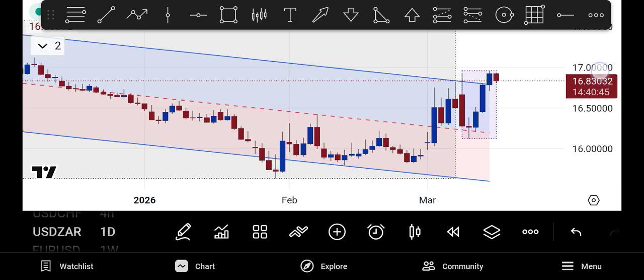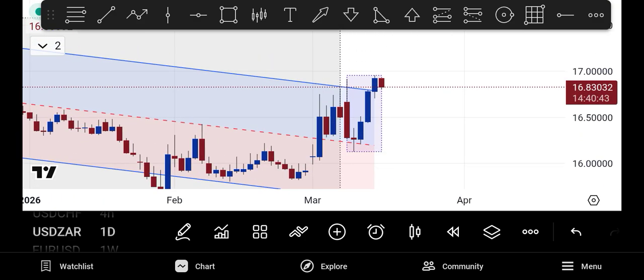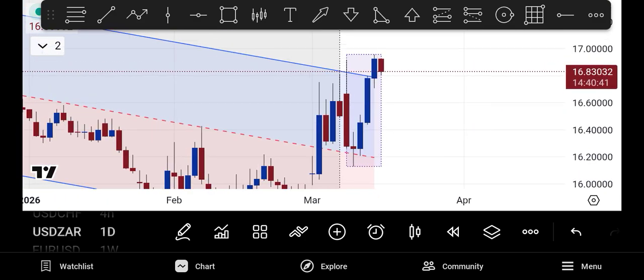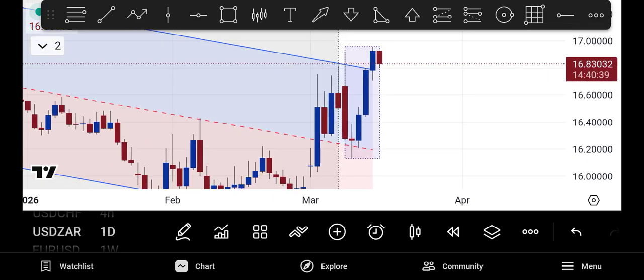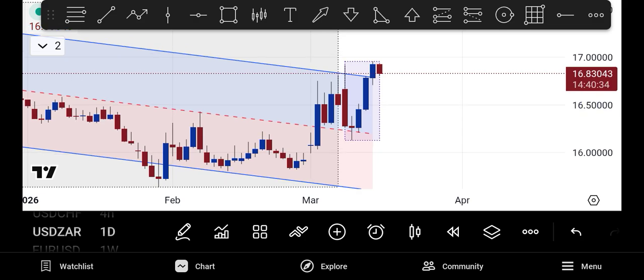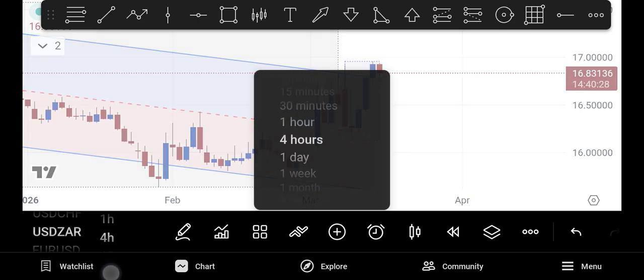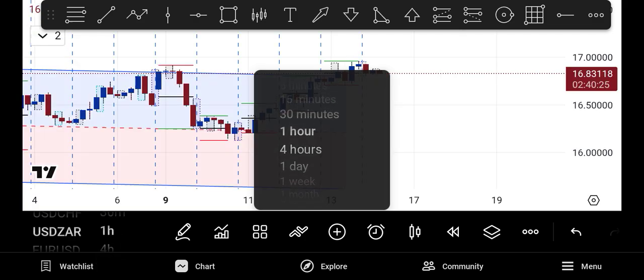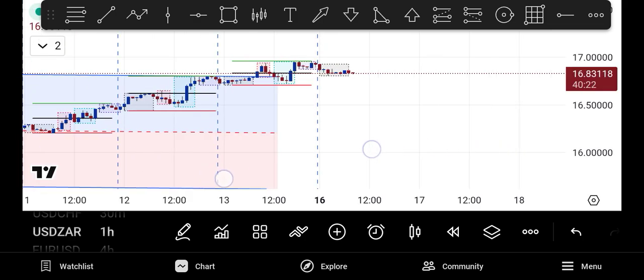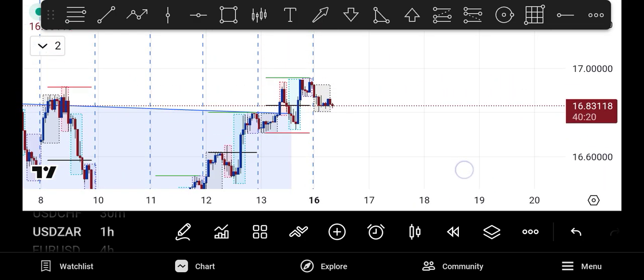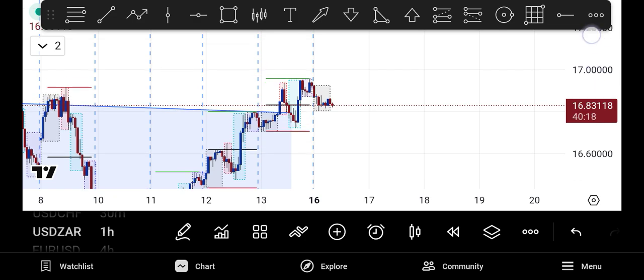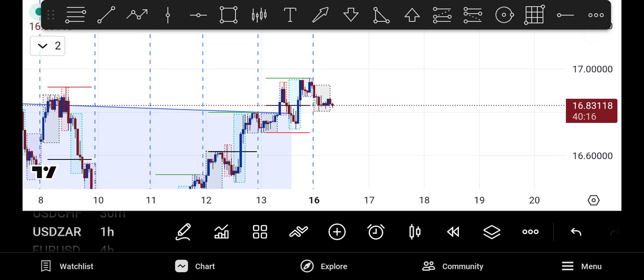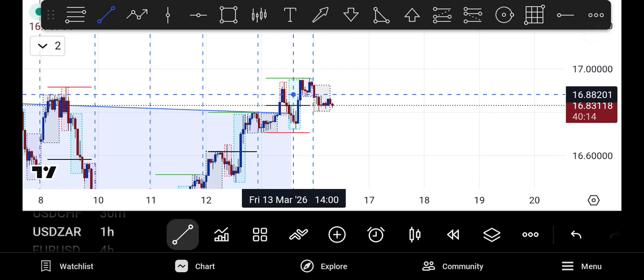So just gonna zoom into that. You can see clearly at this area over here we are currently bullish, but we are looking for downside since we are overall bearish. So that's what we see on the daily, and then we go down to the 1 hour time frame, which is where I always take my trades. I know it's a bit of a higher time frame, but this is where I actually take my trades, because the reason why is because at this area over here,